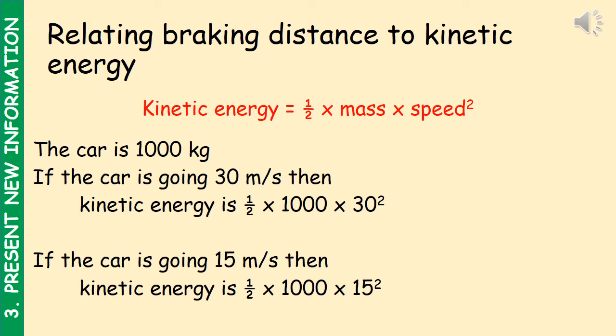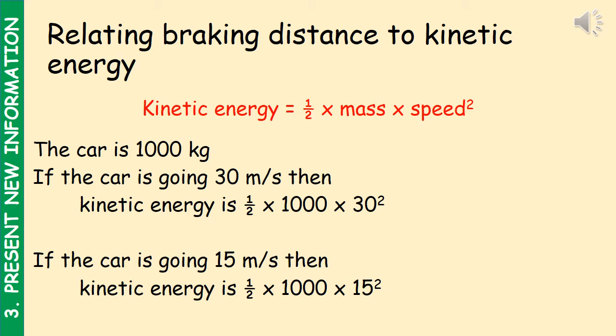So if the car is going at about 30 meters per second, then our kinetic energy would be half times the mass, that's a half of 1,000, 500, multiplied by the speed squared, 30 squared, so that's 900. If we multiply those, we will get 450,000 joules. Now if the car is going half that speed at 15 meters per second, then the kinetic energy